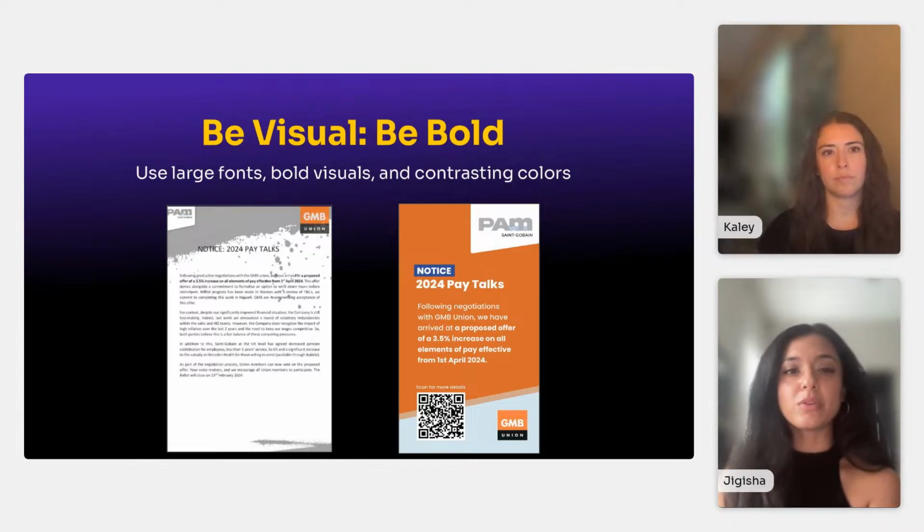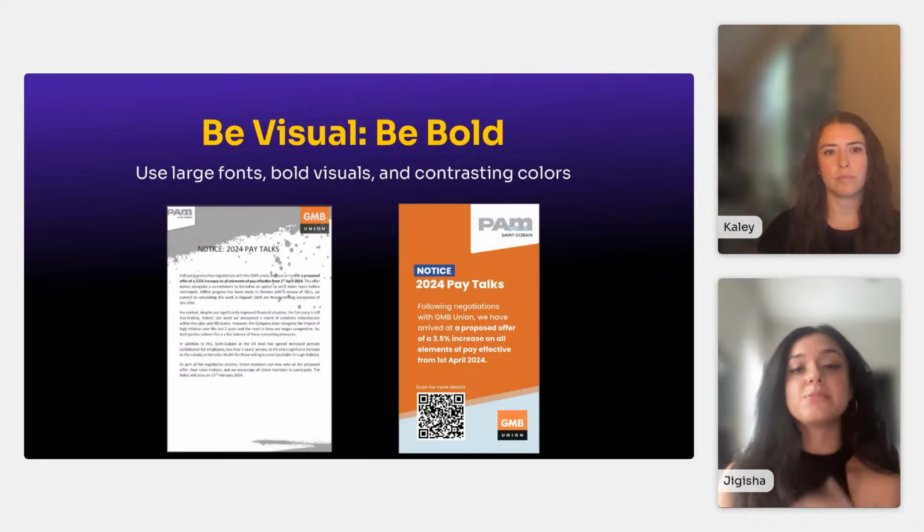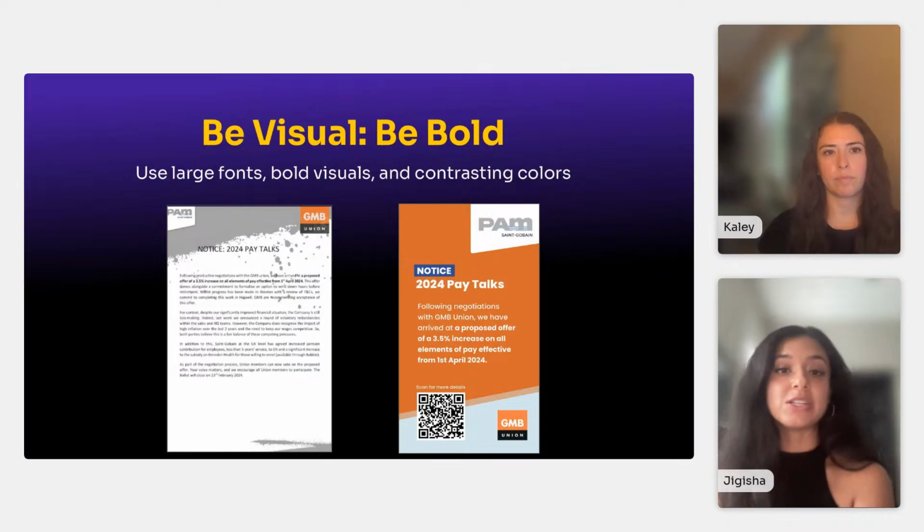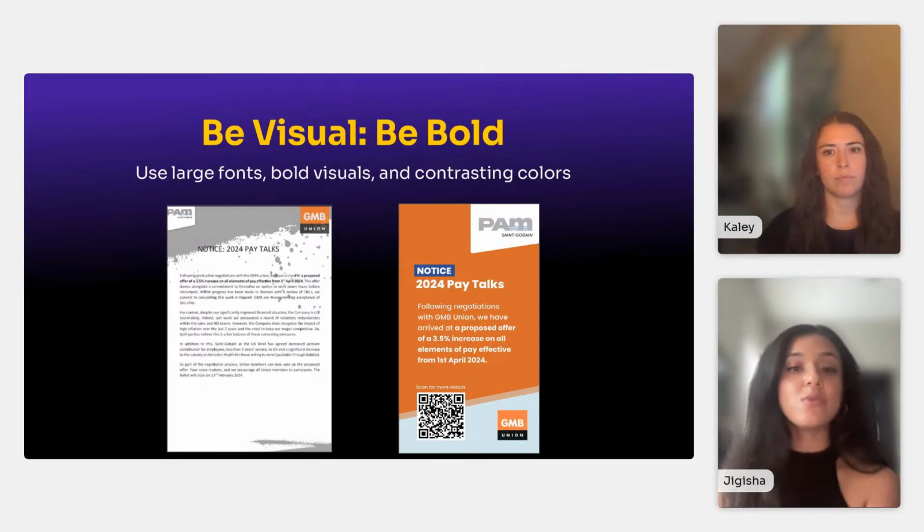It's not very bold. It's something that maybe you would see pinned on a bulletin board instead. And so what is helpful is by doing what's on the right. So they've really leaned into their company colors. And so you see the words are less. It really summarizes the key information, uses bold words for what the most important information is to take in. And then lastly, you have, again, that call to action. If you need them to know all the rest of the information, they can scan a QR code.